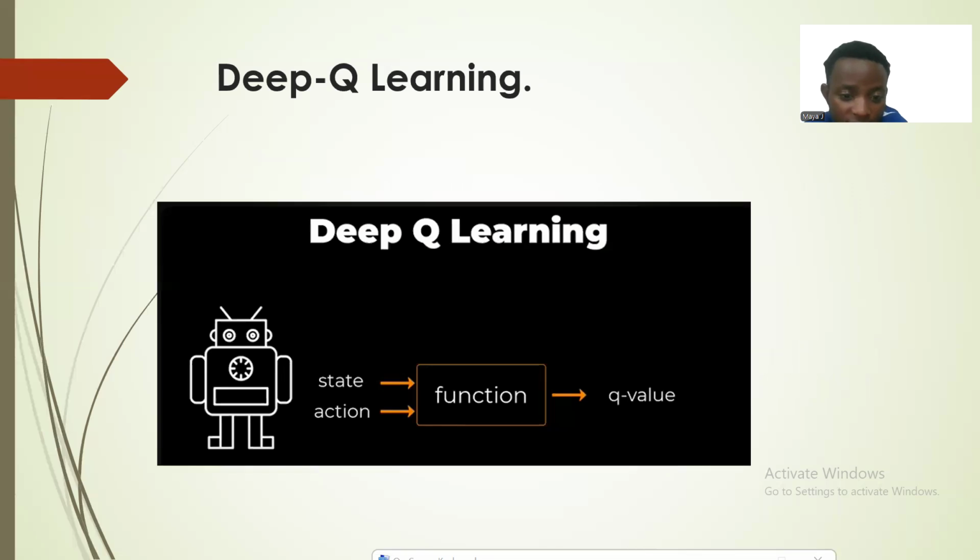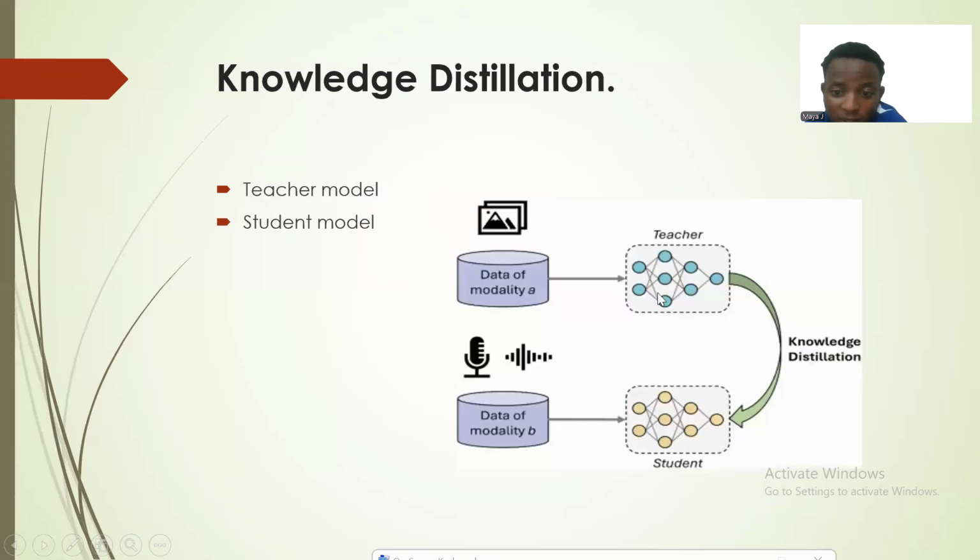In deep Q learning, we have the state action pair, the Q function, and the Q value predicted by the Q function based on the state action pair passed to it. In knowledge distillation, the teacher model is more complex and the student is simpler. Predictions from the teacher are passed on to the student, and the student is believed to make better predictions.